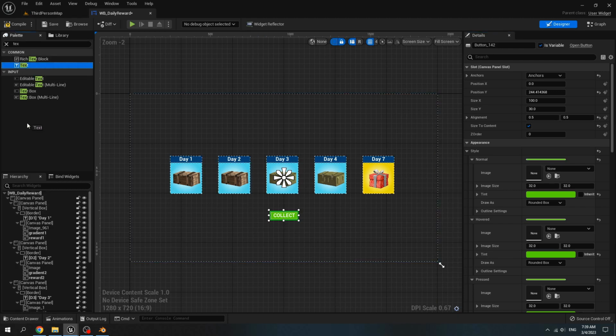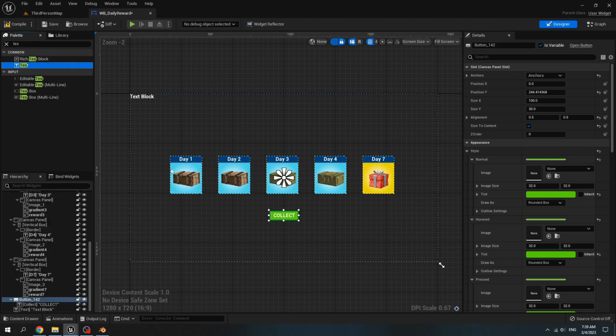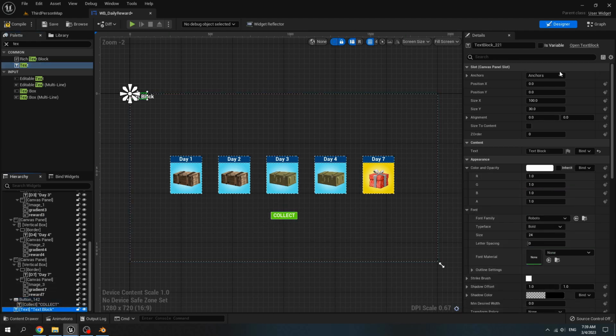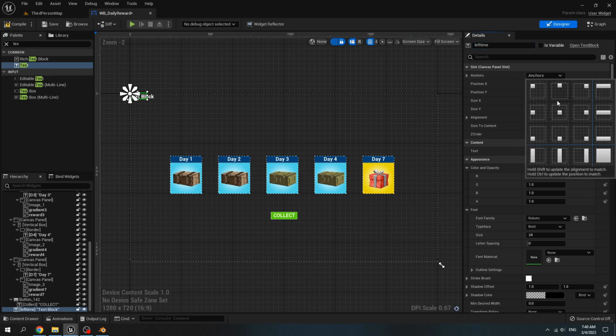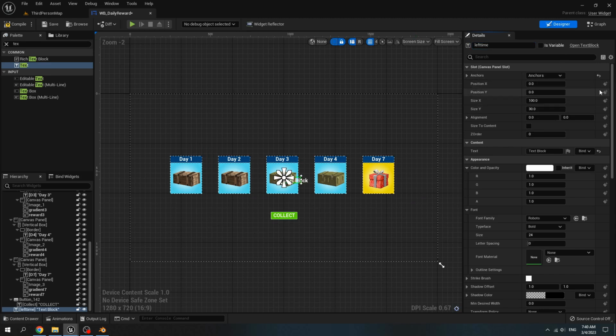Now add a new text to the main canvas. Rename it to left time. Set the anchor to the center. Align to 0.5 and 0.5.